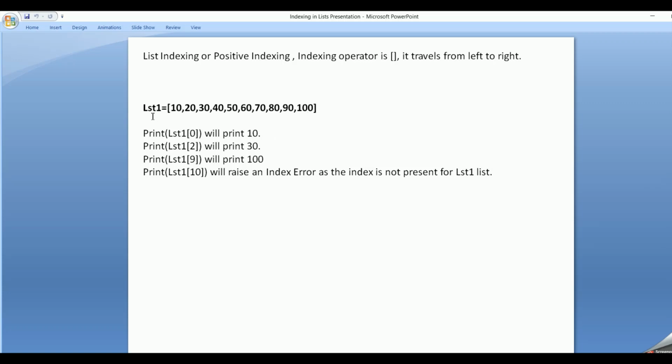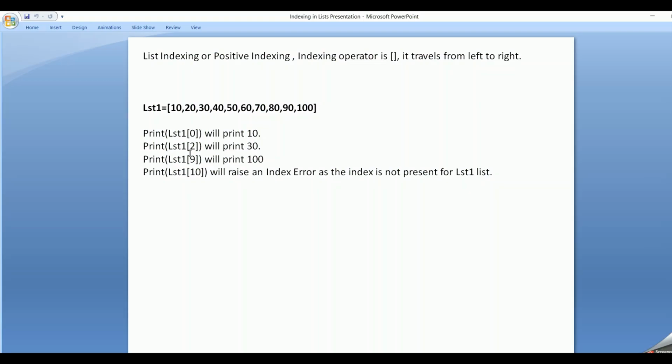Suppose I am having a lst1 which is having 10, 20, 30, 40, 50, 60, 70, 80, 90 and 100. If I say print lst1 of 0, with the index value 0 in square brackets, it will print the first element, 10.